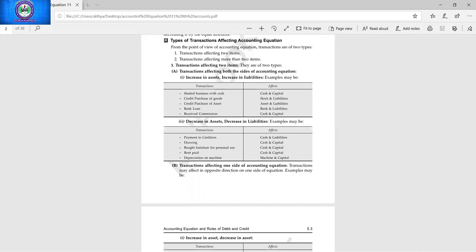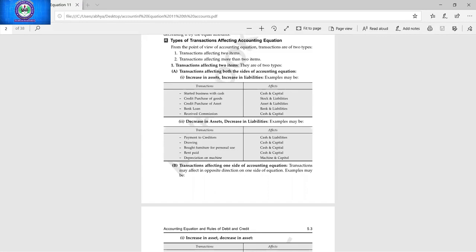This is the process of doing the numerical. Whenever you are going to see any transaction, the first step will be to identify the two accounts. In every transaction, at least there will be two accounts. Till now, I have told you only two accounts; the 3 or 4 account transactions we have not discussed. At the second step, you have to find out which account is increasing and which is decreasing. Then you have to apply this information in the numerical.